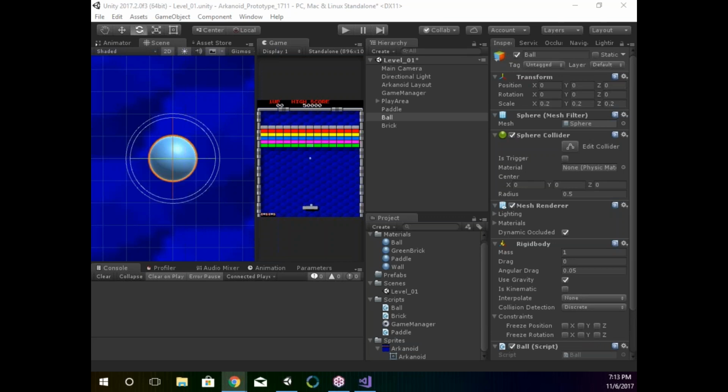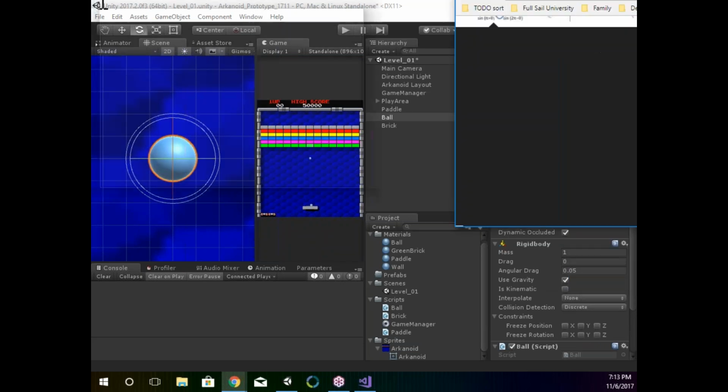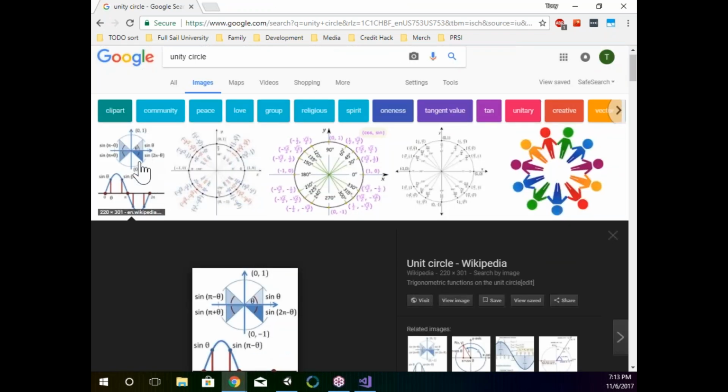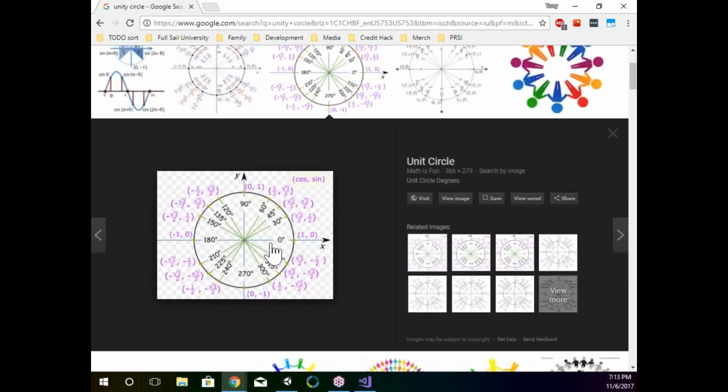If you look at just trigonometry, unit circle, that kind of stuff, you find that sine and cosine give you different points depending on what values you pump into it. And so converting in this case, like this guy,